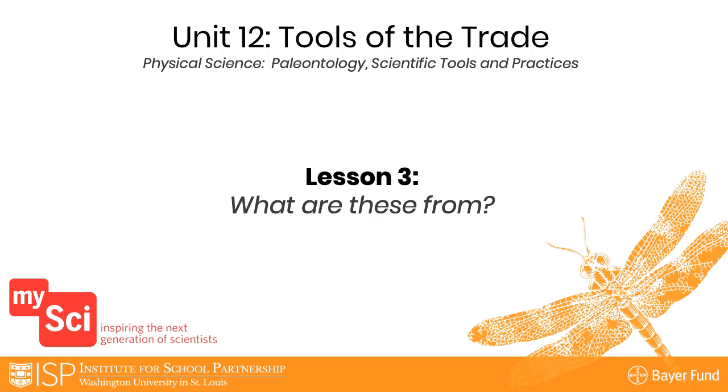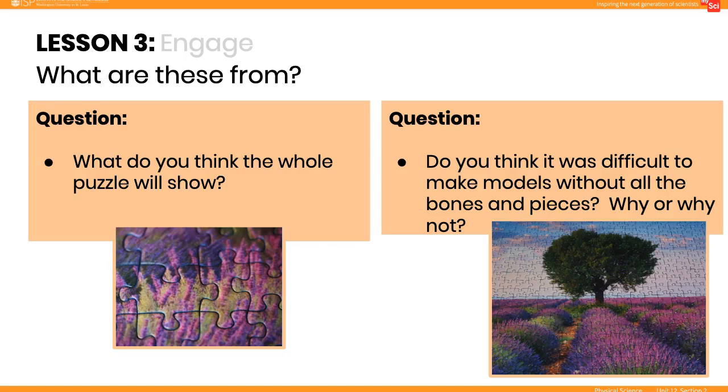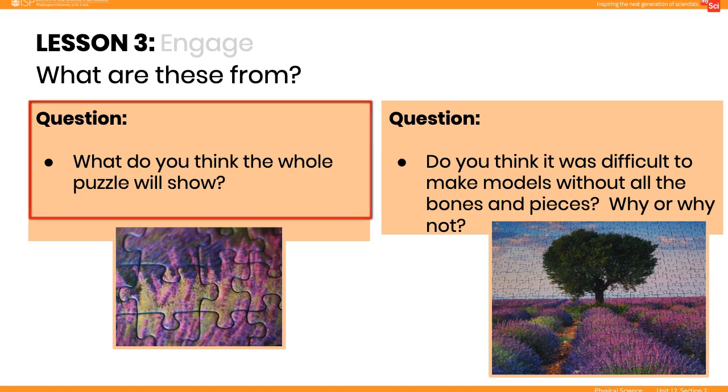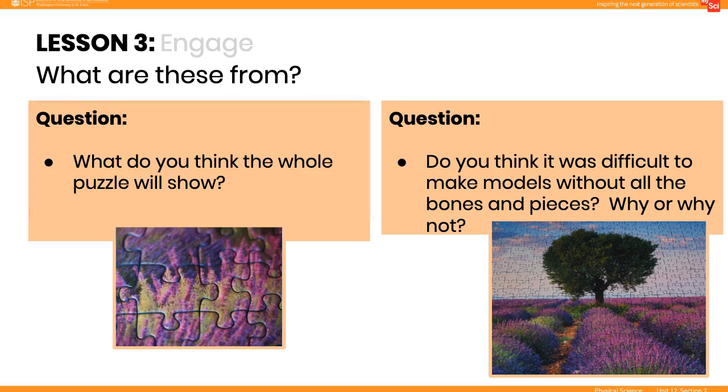They figure out that paleontologists work together with other scientists to study fossils and make predictions about the bones based on size and shape. In the Engage, show students these two photos of a puzzle and a piece of the puzzle using the question prompt shown here. Remind students of how Waterhouse-Hawkins made models of dinosaurs. Then use the second question prompt with students for them to turn and talk,